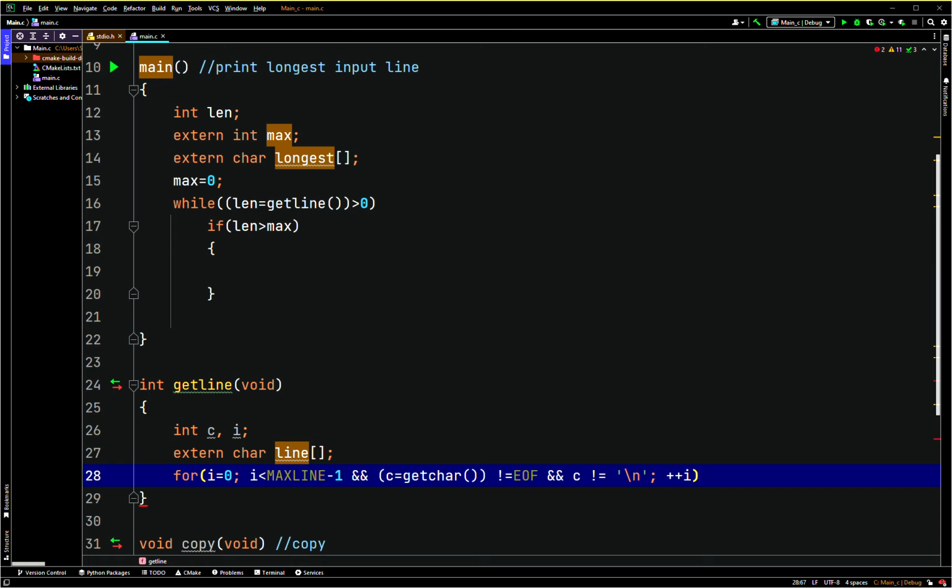So for i points to 0, i is less than max line minus 1, and c points to getchar. Close the parentheses, while still in the second set of parentheses, c does not equal EOF and c does not equal newline. So for that second condition, it's saying